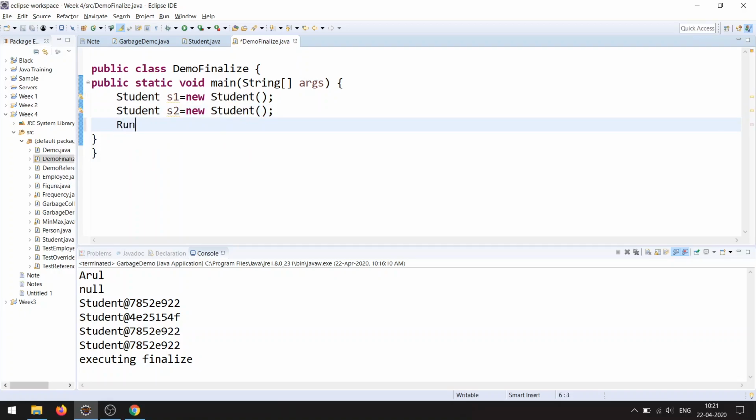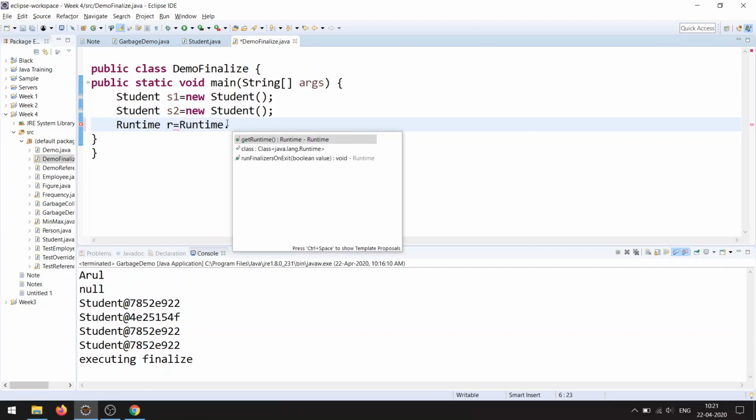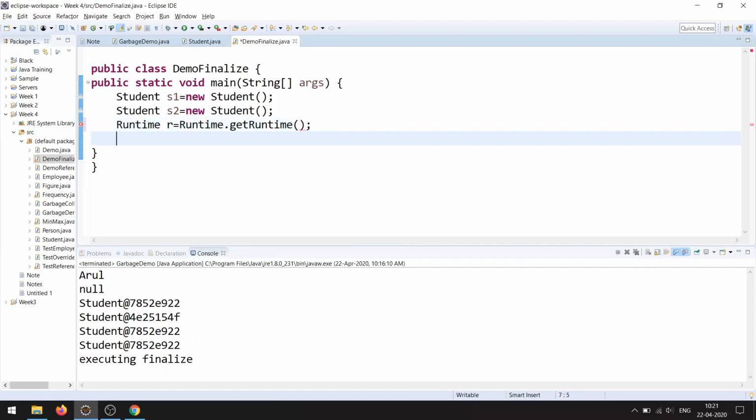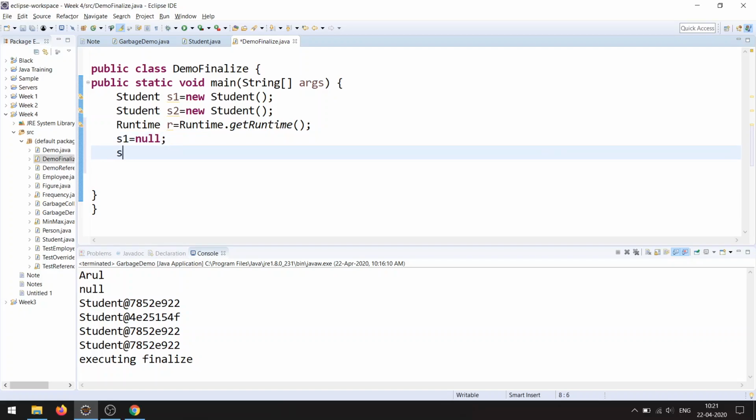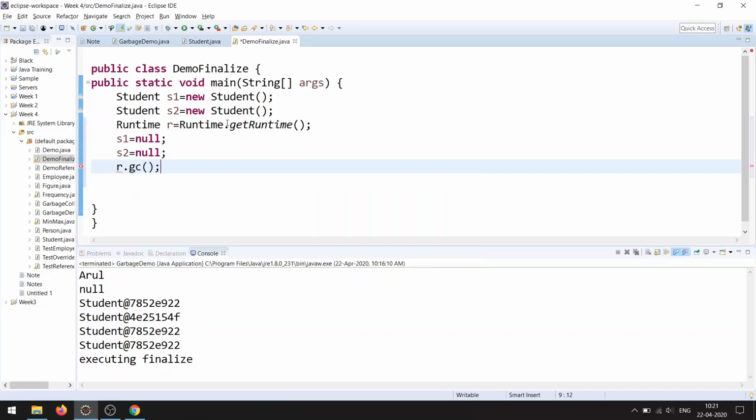Now I'm going to manually invoke the garbage collector. So I'm going with the Runtime class. Runtime.getRuntime gives you the reference for the Runtime class. Then I'm going to set S1 equal to null, then S2 equal to null, and here I'm invoking the garbage collector, right?